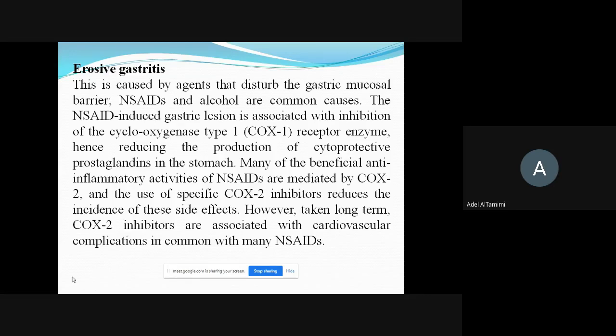However, long-term use of COX-2 inhibitors is associated with cardiovascular complications, in common with many non-steroidal anti-inflammatory drugs. يعني شنو؟ يعني هذين الكوكس 1 والكوكس 2 inhibitors mostly يعني اكو عندنا many of the beneficial anti-inflammatory activities of are mediated by COX-2 and the use of specific COX-2 inhibitors reduces the incidence، لان هو عندنا احنا السايكلوكسيجينيز سيستم